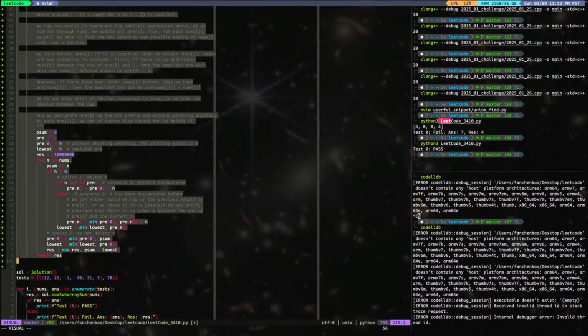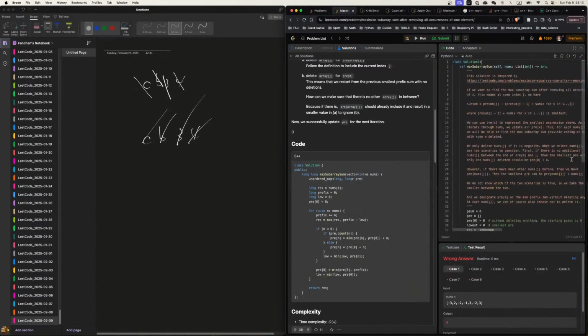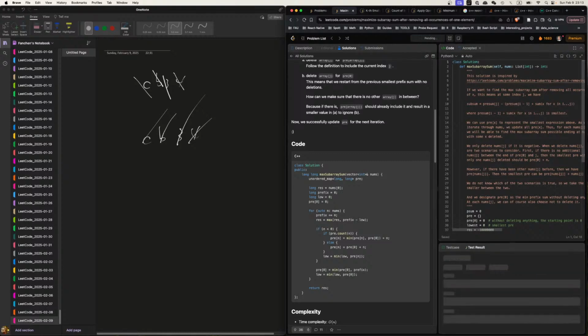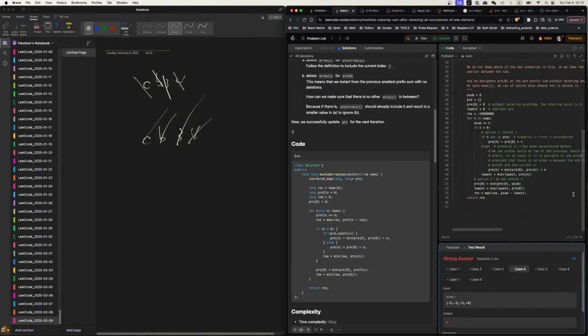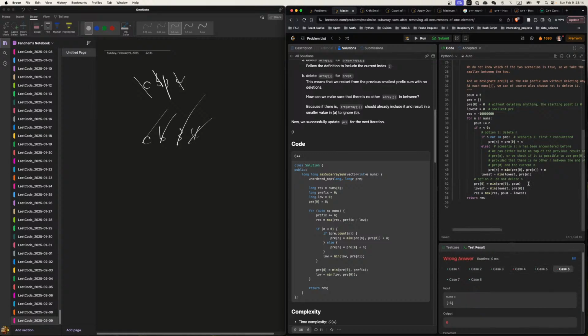If this one works. Still, it's not exactly the same as the solution, but let's see if this one works. Almost. So almost. I think the problem is the result. Not really the result. I think the two. Interesting. Because I set result to be this, right? And then